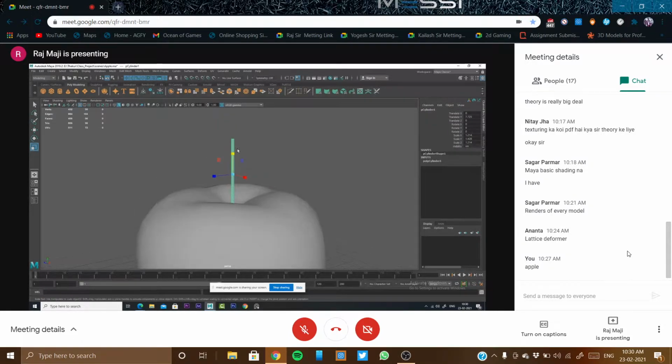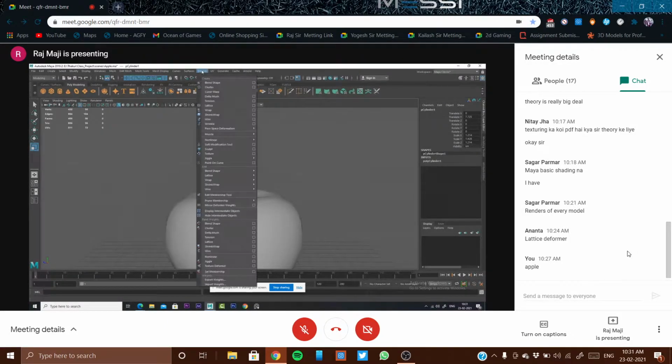And at the top, not too much, and something like this, right? And in this, once again, I'm going to use a deformer, and that will be